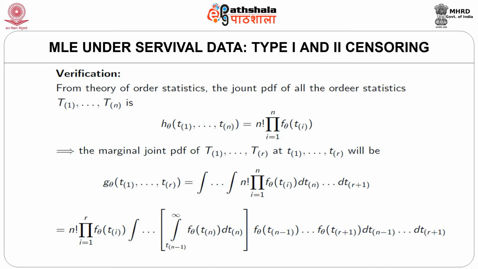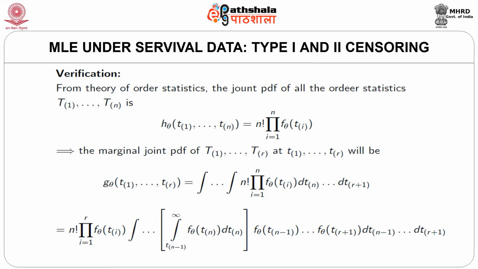t order 1, t order 2 up to t order n is, say, small h theta at the point t order 1, t order 2 up to t order n, and that must be equal to n factorial times the product over i from 1 to n of the PDF small f theta at t order i. This implies the marginal joint PDF of t order 1, t order 2 up to t order r at the point small t order 1 up to small t order r will be g theta at t order 1 up to t order r, and that can be obtained by integrating n factorial